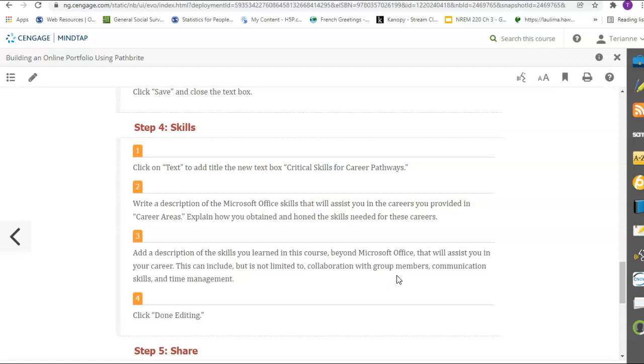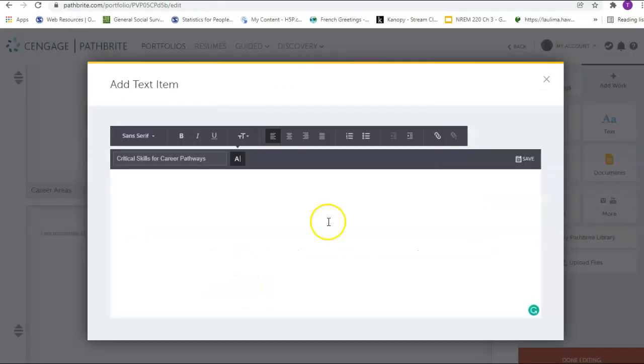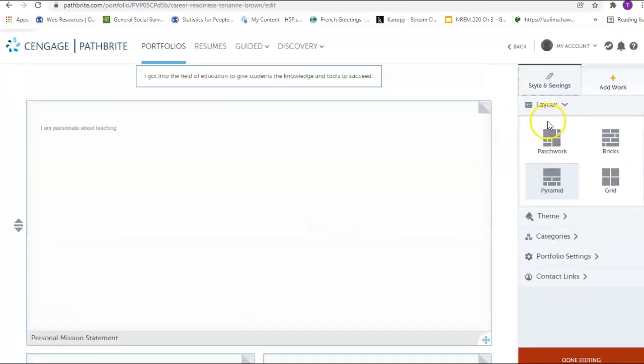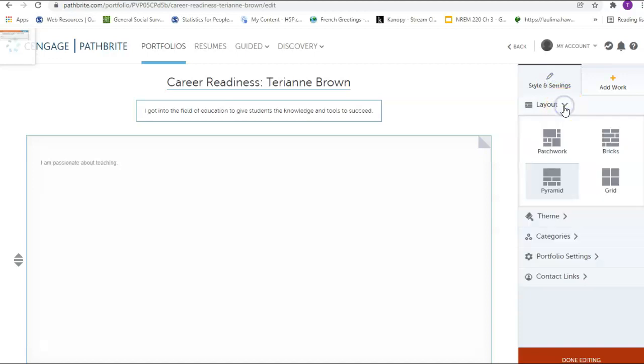Do you have collaboration skills with group members? If you took English, do you have better written or oral communication skills? Even if your time management skills improved this semester, you can include all of those as well. So I'm just writing this just because it needs something for me to be able to save it. And now if you go to Style and Settings and click on Layout,